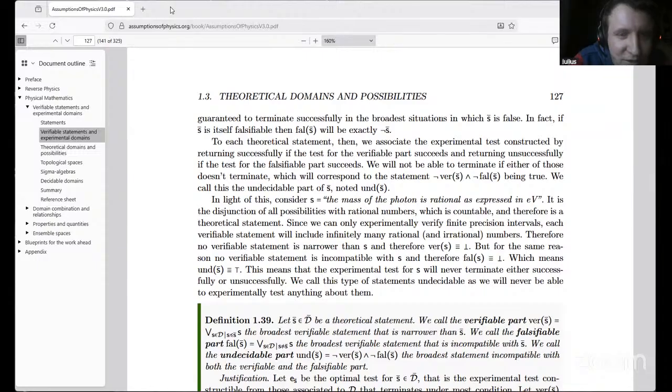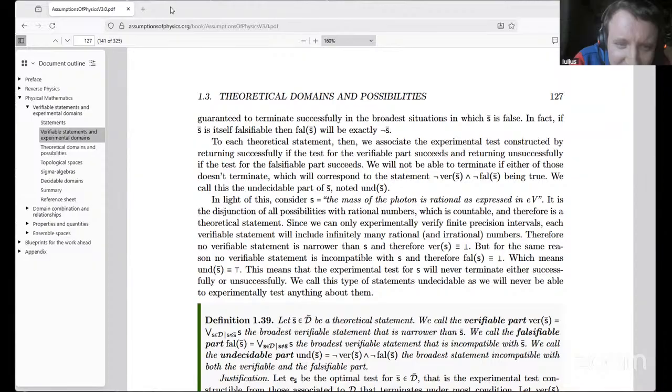In light of this, consider the statement, the mass of the photon is rational as expressed in electron volts. It is the disjunction of all possibilities with rational numbers, which is countable, and therefore is a theoretical statement. Since we can only experimentally verify finite precision intervals, each verifiable statement will include infinitely many rational and irrational numbers. Therefore, no verifiable statement is narrower than S, and therefore ver of S is equivalent to impossibility. But for the same reason, no verifiable statement is incompatible with S, and therefore fal of S is equivalent to impossibility, which means